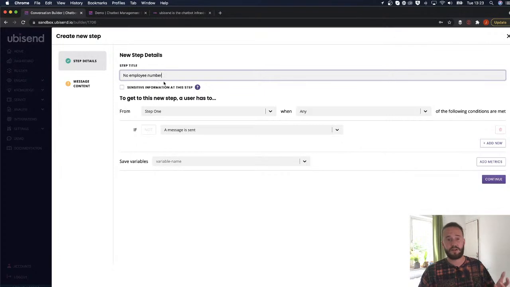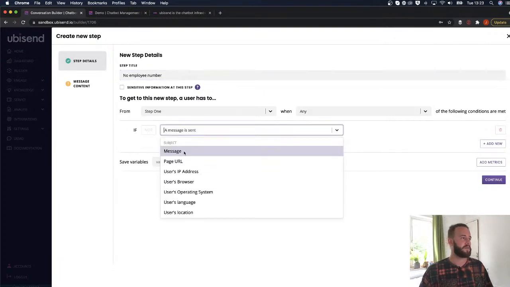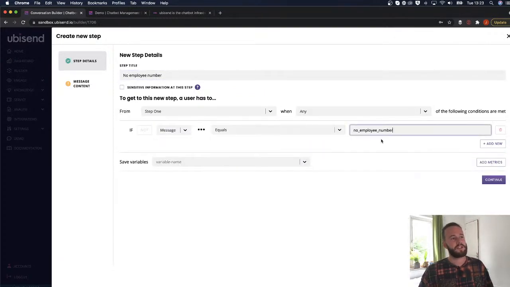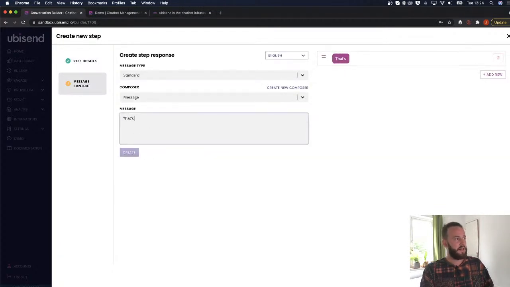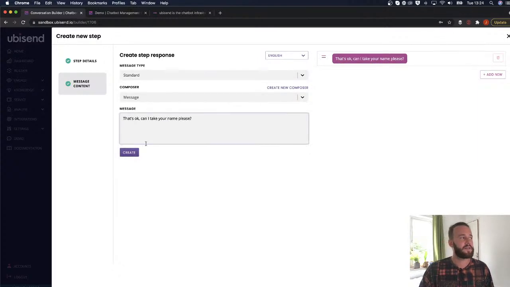I did originally plan on just showing off the composers, but I'm going to flesh out this example a little bit. So basically, when the message equals no employee number, this kind of comes back to the different signposts of the post specs that I was mentioning briefly. It's going to take them on to this step. I'm going to say, that's okay. Can I take your name, please? Question mark, and obviously as well, just fill out the Dutch with something irrelevant for the time being,